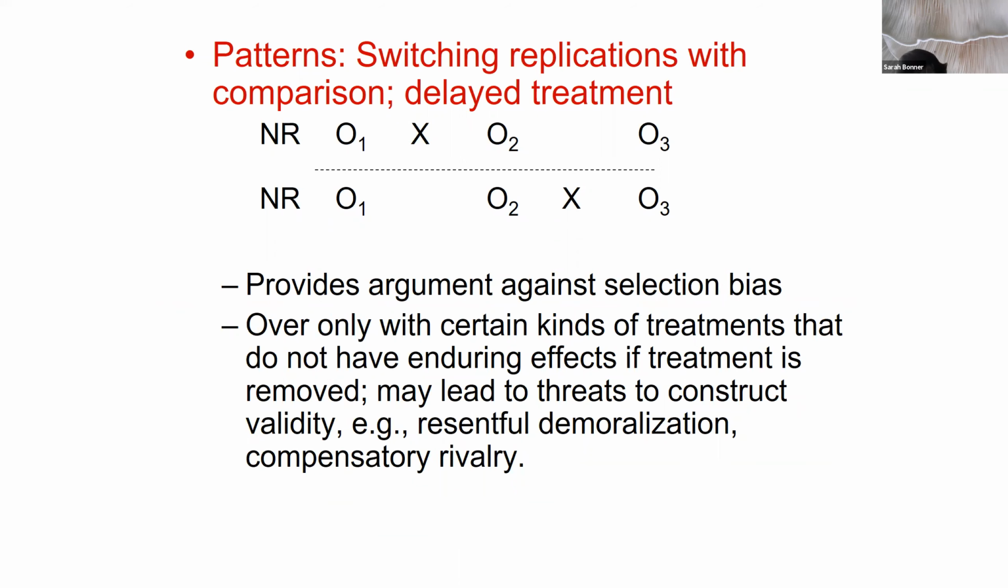Some extra designs that can be really cute are when you start to do more complex pattern matching, as discussed in Trochim. This is called switching replications with a comparison group, and it can also be really useful in field research as delayed treatment. Now, you could get into treatment diffusion and compensatory equalization among the social threats, which can be at work here. But basically,